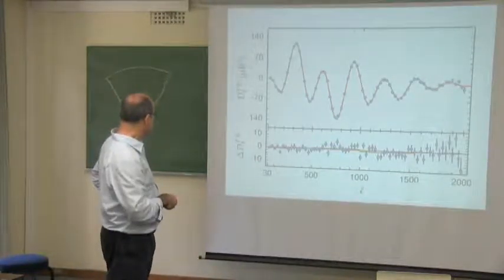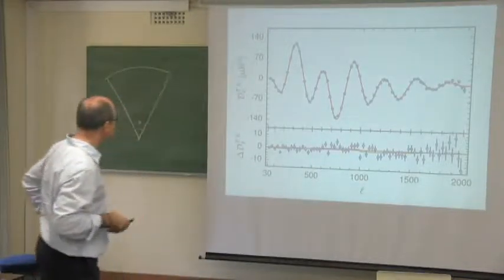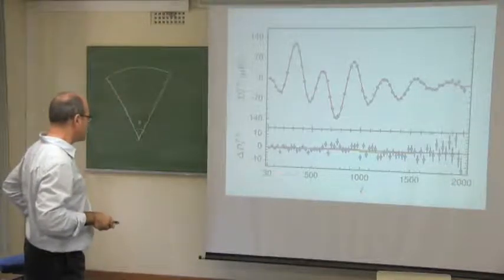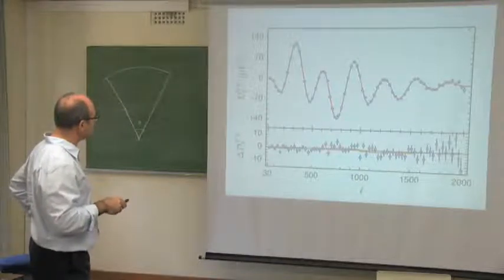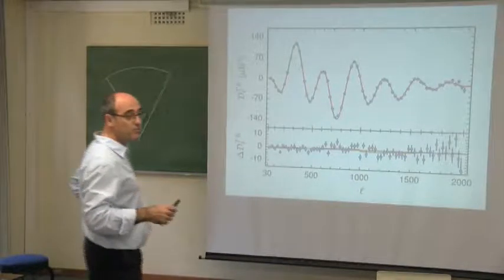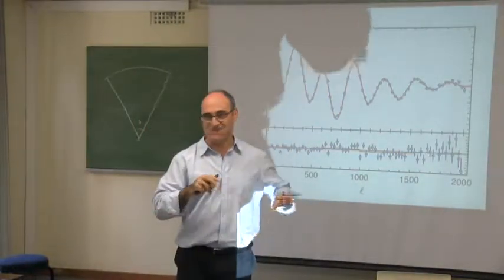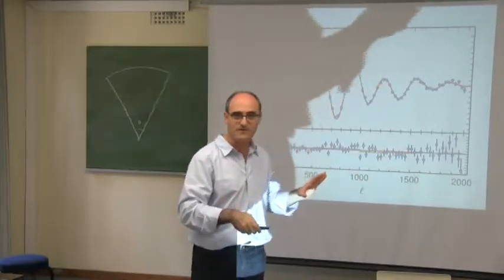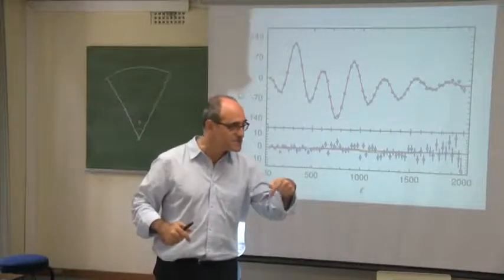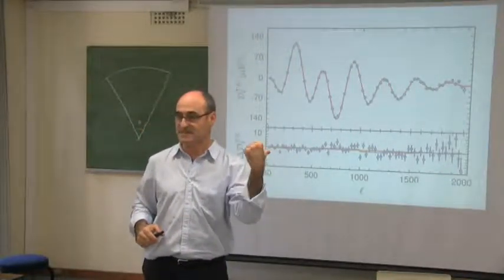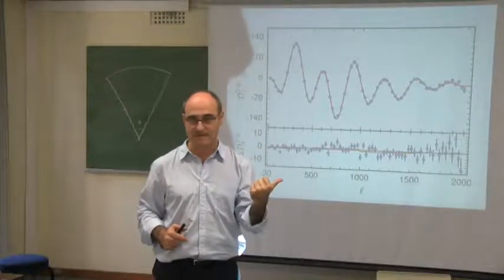Okay, so this is the temperature-linear polarization gradient term for multipole numbers bigger than 30, and you see here, these are the data points, and the curve is what you would have inferred from the temperature fluctuations. So there is no fitting here to parameters. We're not fitting these data points with a curve. No, the curve is what you would deduce just from the temperature fluctuations. This is showing that the whole picture is very consistent. Okay? We're not doing a fit